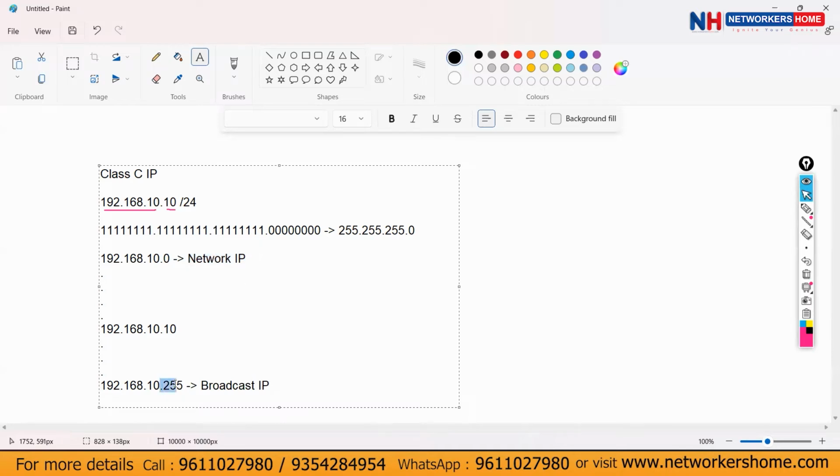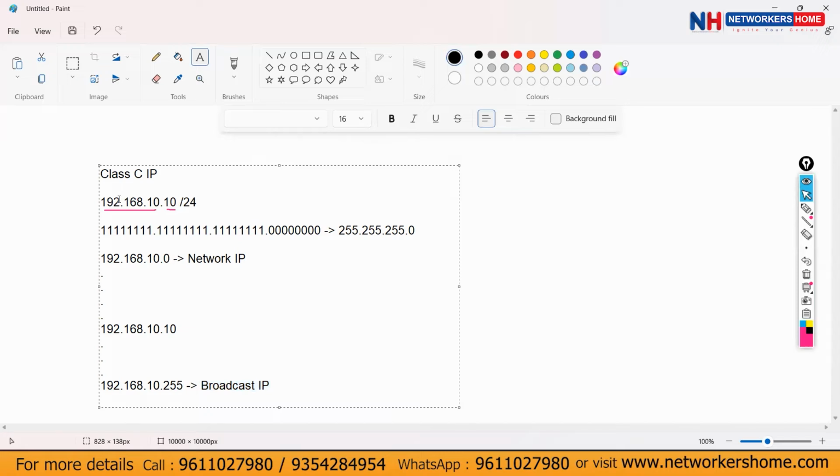And this is the last IP address, and we call it the broadcast IP because assume you have a broadcast message. Everybody under this network has to receive that information. So if you send that information to this IP address, everybody in this network will get it. That's why we call it the broadcast IP. Okay. Network IP, broadcast IP. Everything in between is valid IPs to assign to hosts.